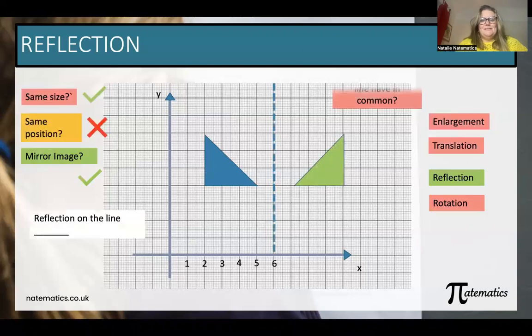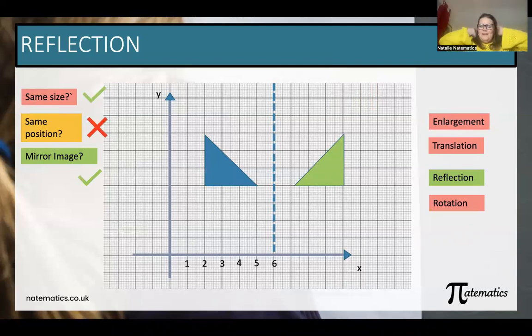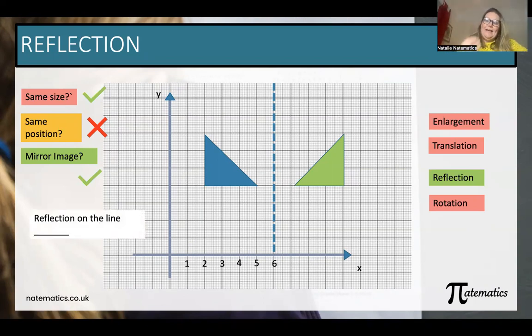I'm just going to go through this now. It's the same question. So what I've done here is I've put a few little numbers on the bottom. Obviously, this isn't completely accurate because we would have numbers on the y-axis as well. But I wanted to show you how we decide where the line of reflection is and how we communicate that to our teacher or examiner. So what we do is we look at where that midway point is between this corner and this corner, this corner and this corner. Draw our line all the way down